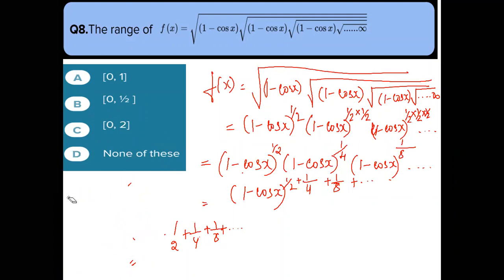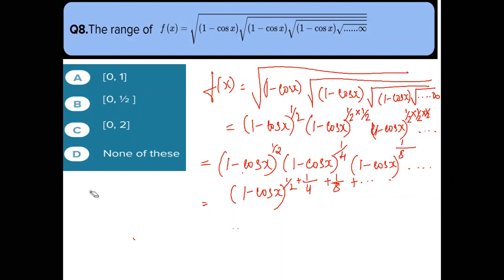If AP, what is the difference? If GP, what is the ratio? Common ratio. Check properly whether it is AP or GP. It is not 1 by n plus 1, Ranjita. It is GP. Good, Dikshita. Athiya has told AP and Dikshita is saying it is GP. If it is AP, what is the common difference? If it is GP, what is the common ratio?